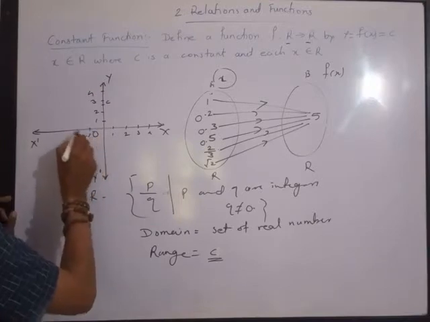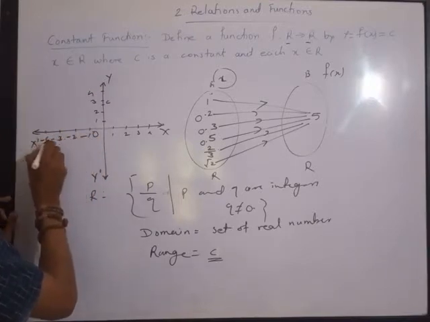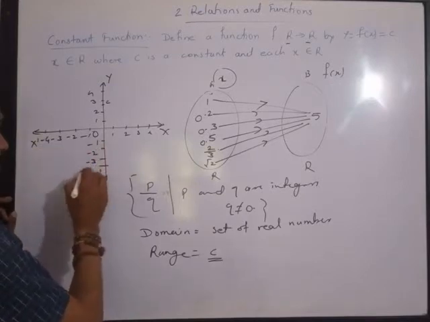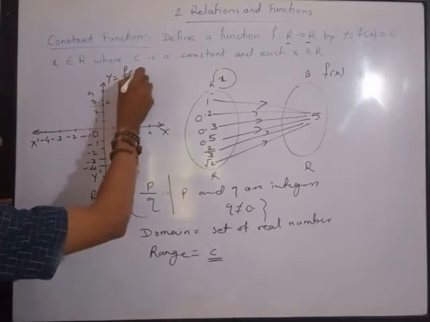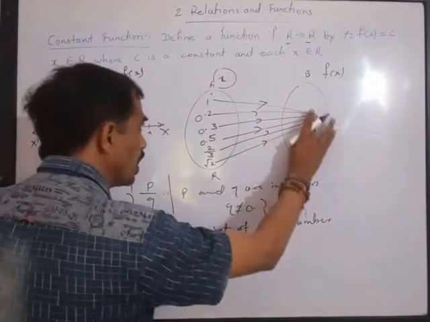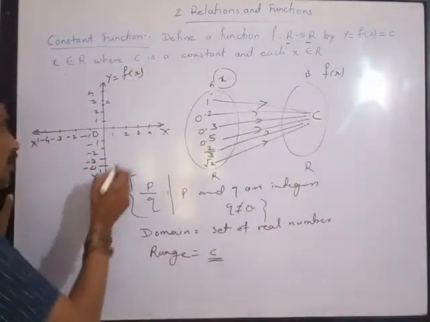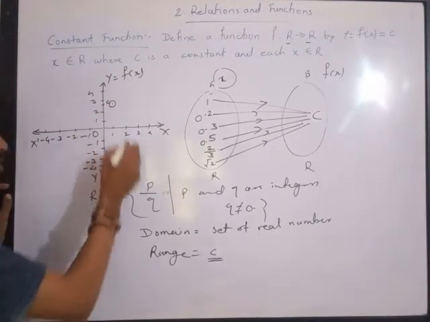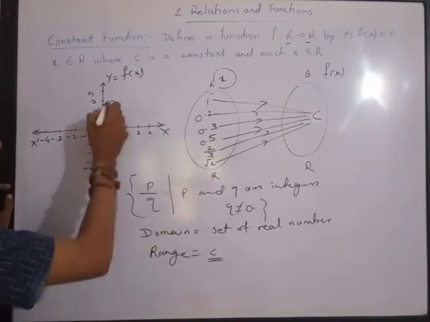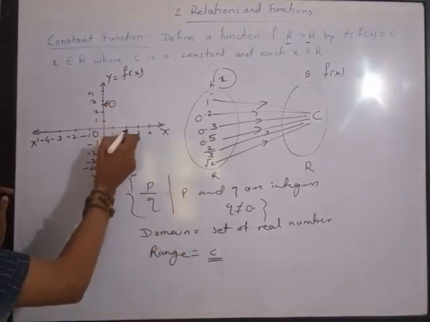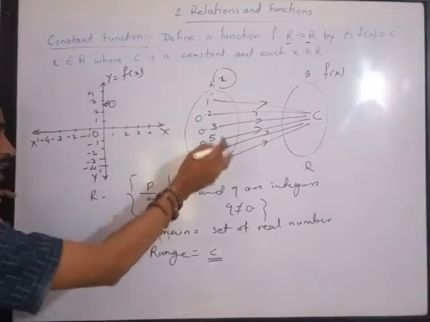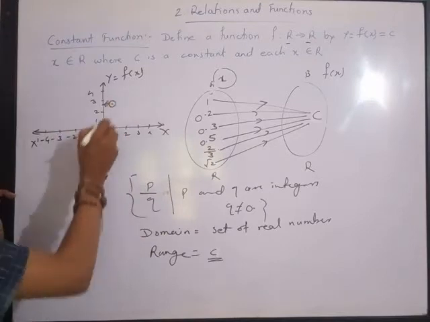Here it is -1, -2, -3, -4. We know that y is equal to f(x). Now please note, for 1, f(x) is equal to, according to the definition, c. So for 1 the value is c. For 0.2 also you will note that its value is c. For 0.5 also it is c. For 2/3, which is 0.6666 and so on, a recurring number, you will note that the value is c only.